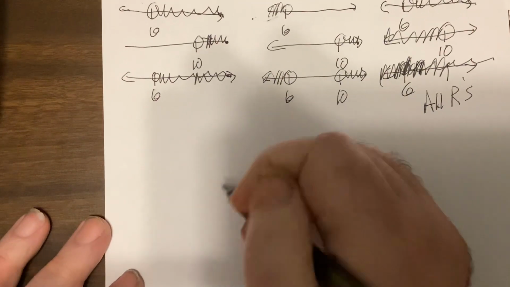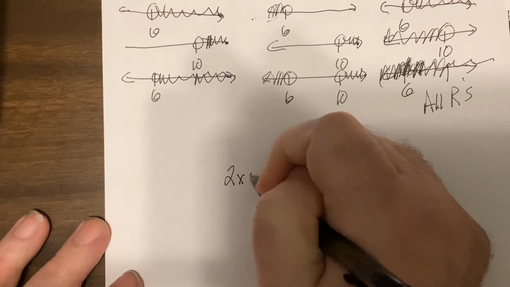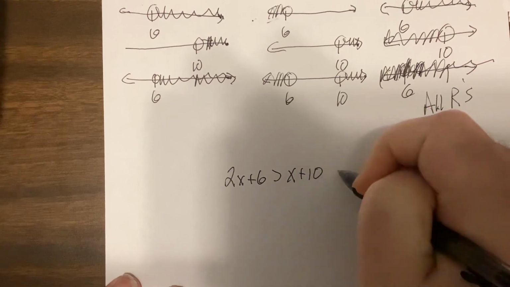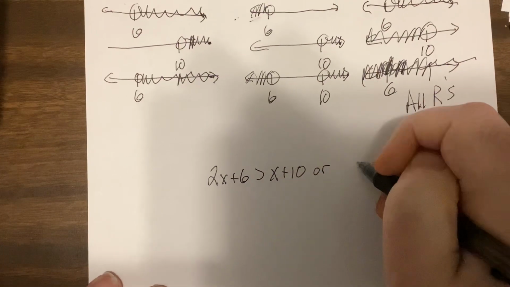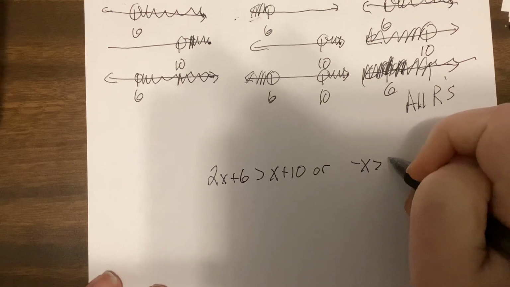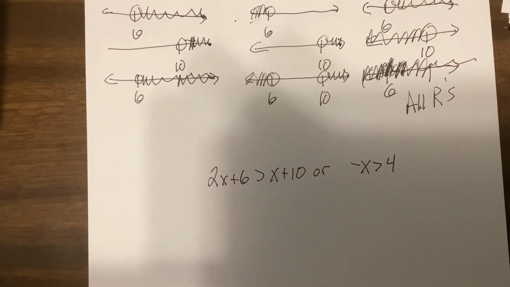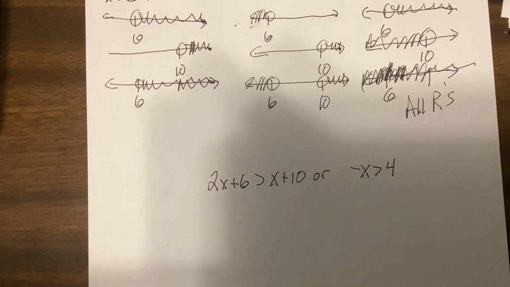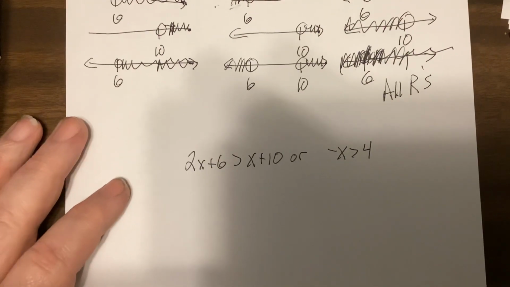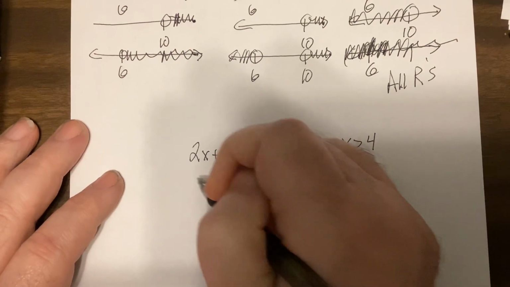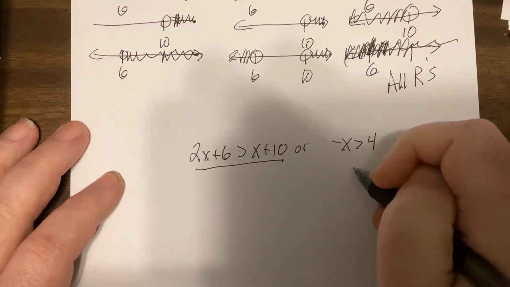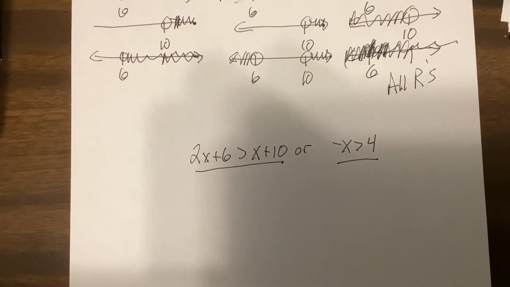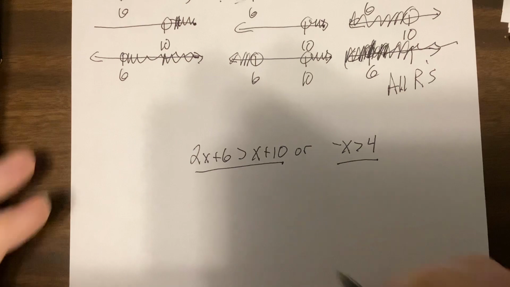Now we combine them. So if I have 2x plus 6 is greater than x plus 10, or negative x is greater than 4. Let's keep it. So I'm going to solve it by doing this side, then doing this side, and then seeing what the graph looks like. So this one,